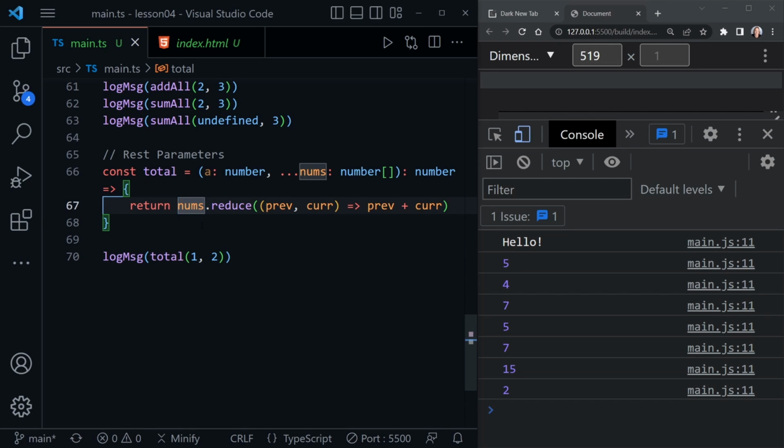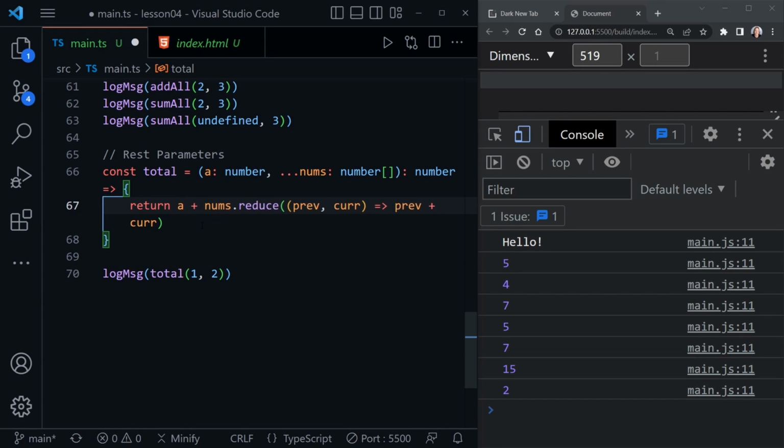So let's now say A plus whatever we reduce from this rest params, which is the array, and I save. Now we get 3. So it took whatever I passed in the beginning for A, and then however many numbers remain, and it represents those as an array. So now we could say 1, 2, 3, and save, and yes, we get 6. Or if we changed 1 to a 10, then we're going to get 10 plus however many other numbers there